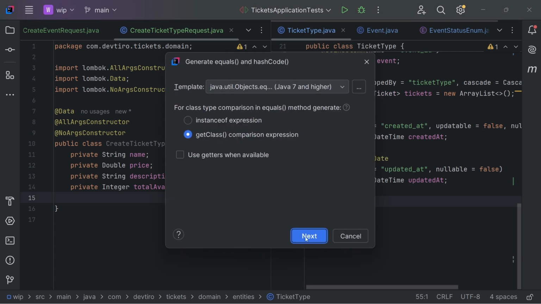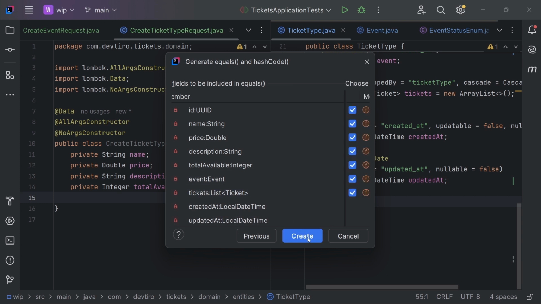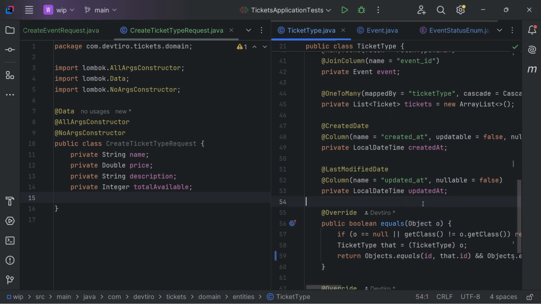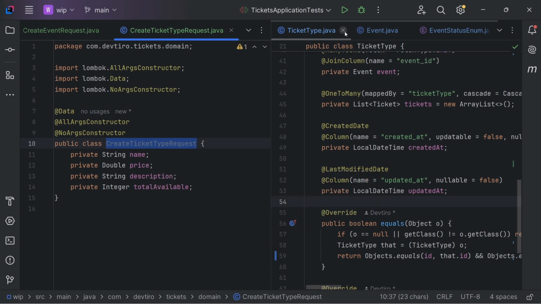Equals and hash code. Next. So we'll include ID, name, price, description, total available. We won't include event. We won't include tickets because we don't want to trigger any bi-directional relationships. Next. Create. Okay. So with that done then, I think the create ticket type request object that we have now contains all the information that we need to create a ticket type, which is fantastic because we can close this